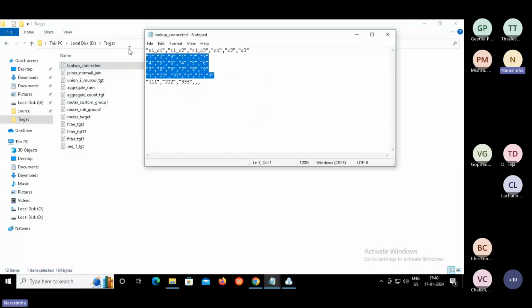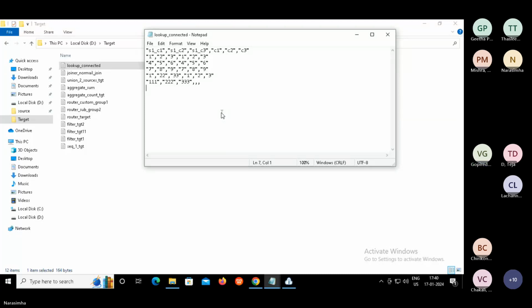This is equal to left outer join, meaning inner join plus data from the left table, and right table data will be empty or null. So that's what a lookup is. Clear, guys? I hope you also have got the same result. Yes or no?